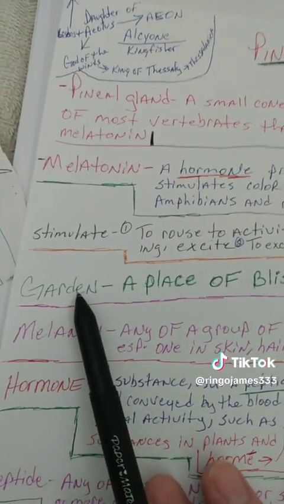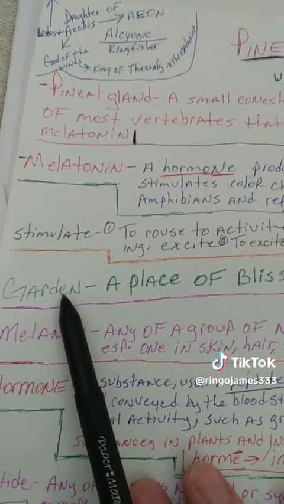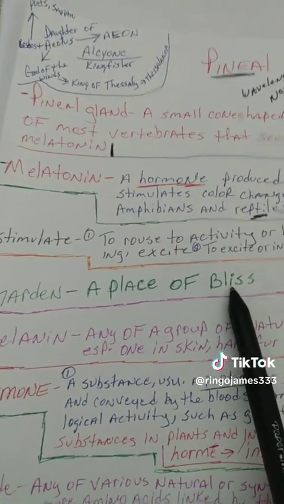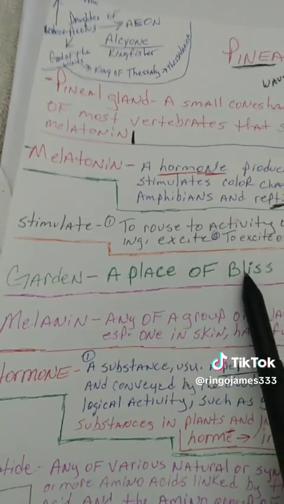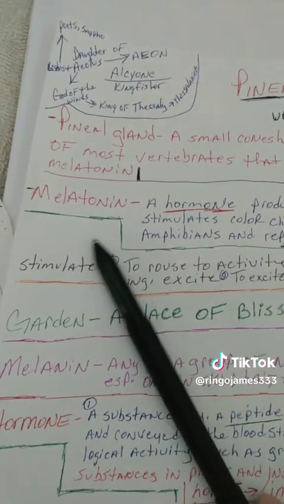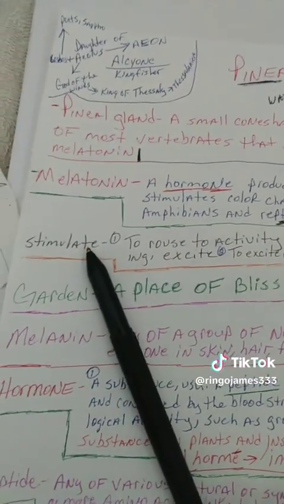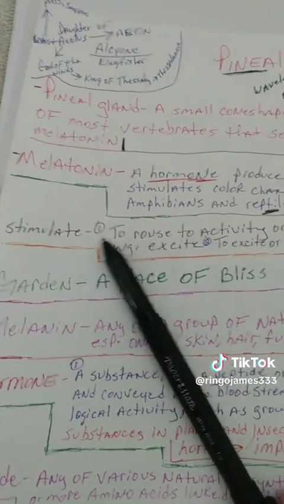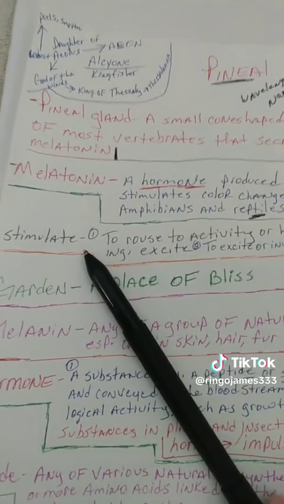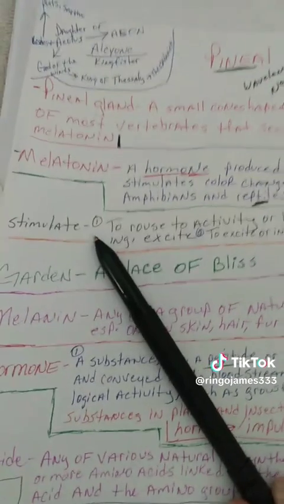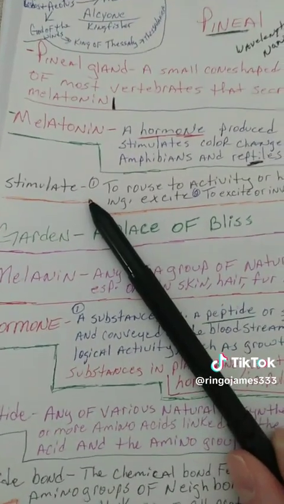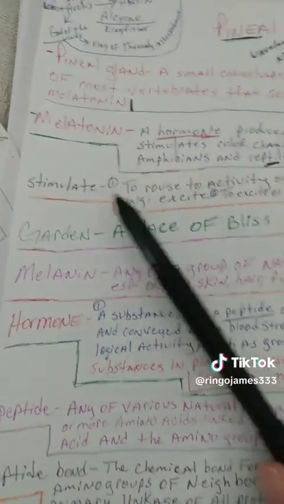All right, so in the place of bliss, when you are in the garden of Eden, Eden is the brain, the garden being the place of bliss. When the Kundalini rises up to the brain, which is Eden, it releases melatonin. It excites you. It stimulates you. And man, when it happened to me, let me tell you something. It felt like God's pure love from my head to my toes was all over me. It felt like I was embraced by the love of God himself. It was just the most incredible feeling that you ever could experience.